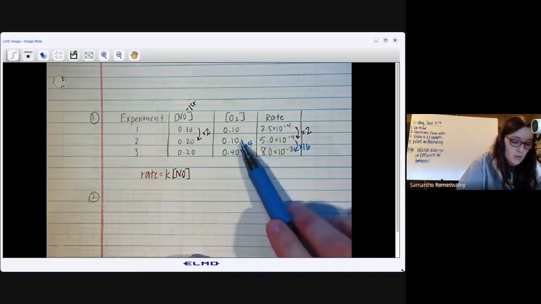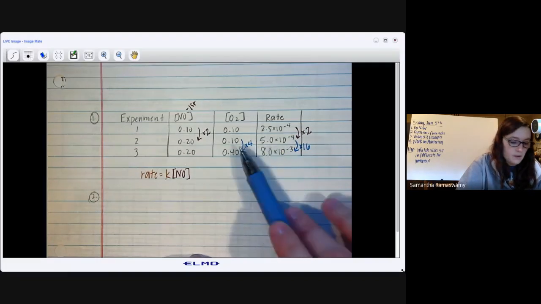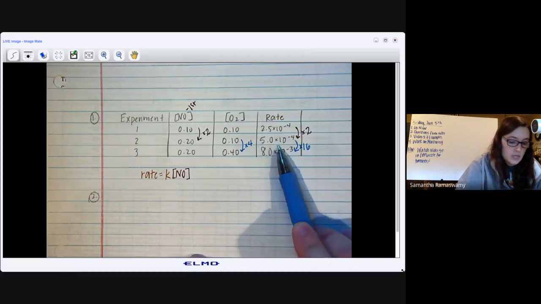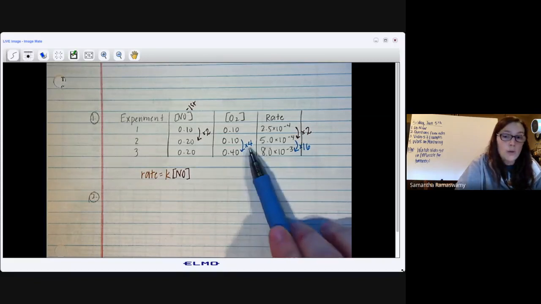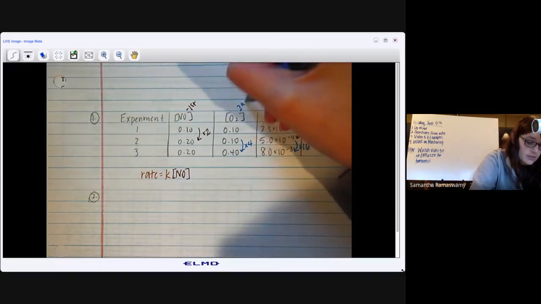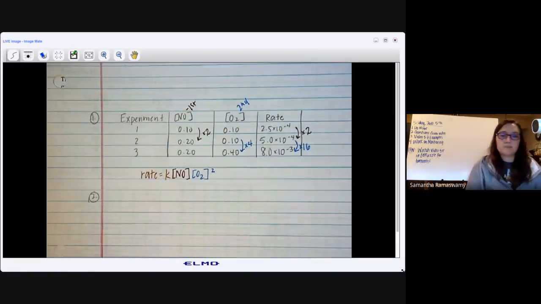So if this were zero order, if I quadrupled the concentration, nothing would happen to the rate. If this were first order, I quadruple the concentration, I would quadruple the rate. But I quadruple the concentration, and 4 squared is 16, that's what happens to the rate. That tells me that O2 is second order. So the rate law is rate equals K times the concentration of NO times the concentration of O2 squared. So that's the rate law. And then number